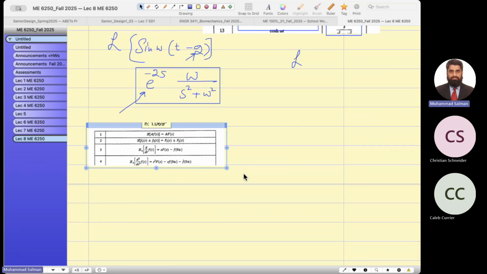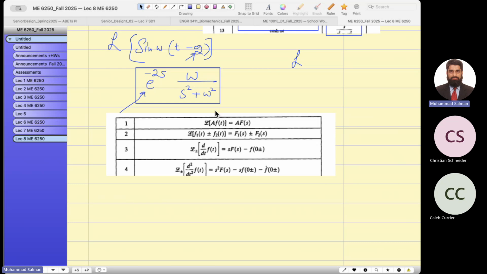Some more properties of the Laplace transform are given in table format, which you may need when solving differential equations using the Laplace transform. This one you may need. So what is this? This is actually the time derivative. For example, if you have x dot,